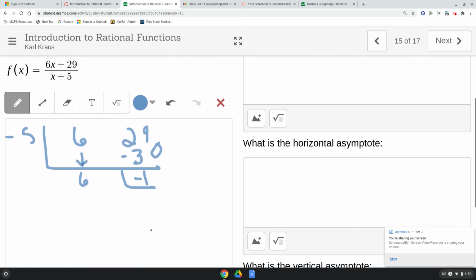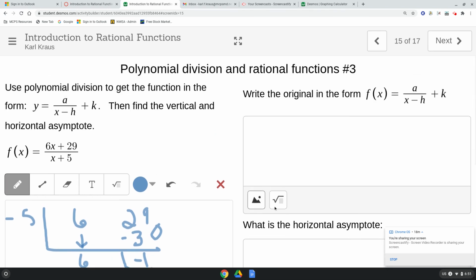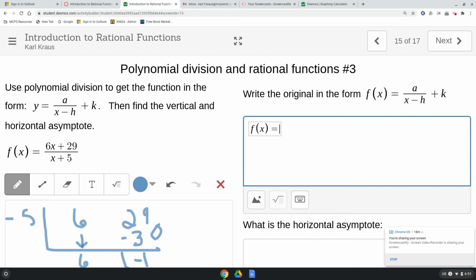So this would be 6 minus 1 over x plus 5. And written in the form above here, negative 1